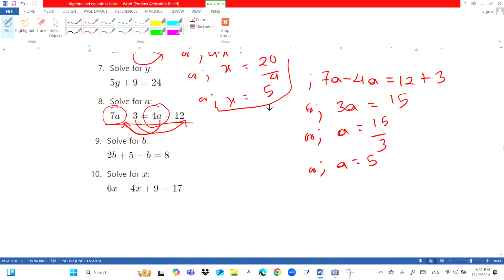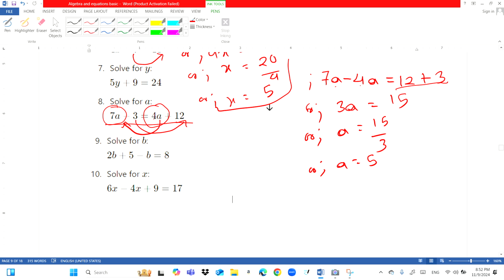Now what have I done here? I have made sure that all the variables are on the same side, like 7a and 4a, and all the numbers are on the other side. I just did the normal calculation, like 7a minus 4a, and it's really easy after that. Okay, now